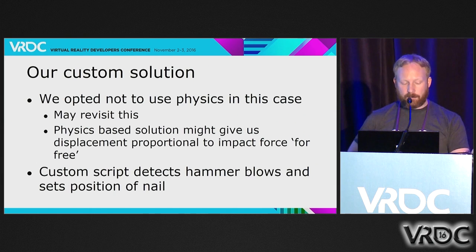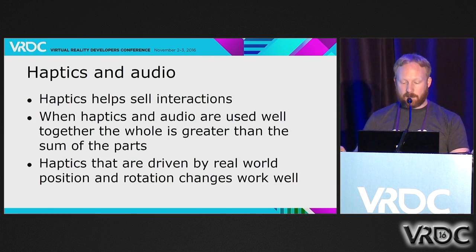But yeah, I think that one has the potential to be made to work using physics. So I want to talk a little bit about haptics and audio, and how when you use them together, the whole is greater than the sum of the parts if they're combined correctly in order to sell some of these interactions. So as I was describing the drill,